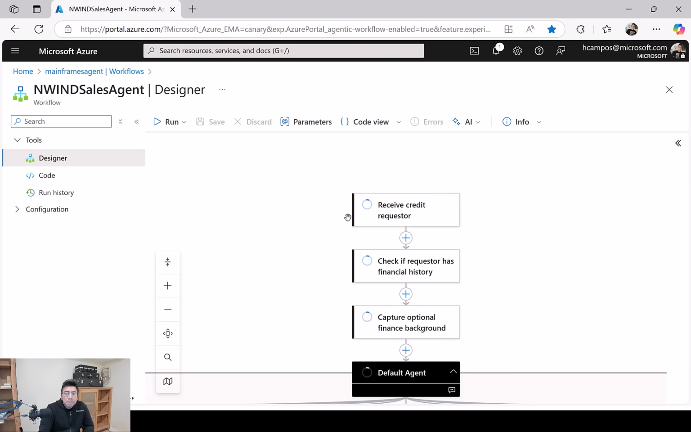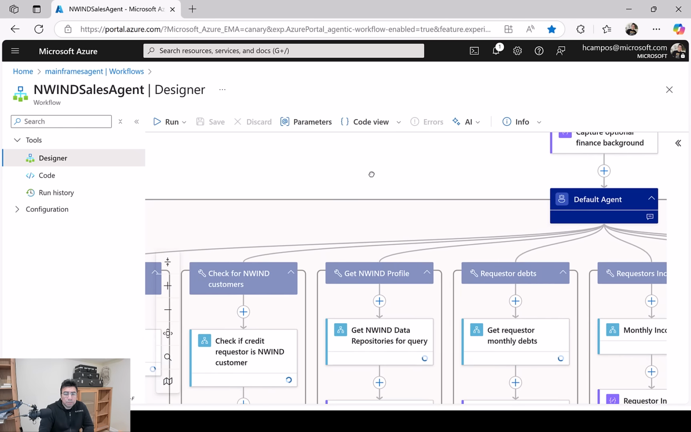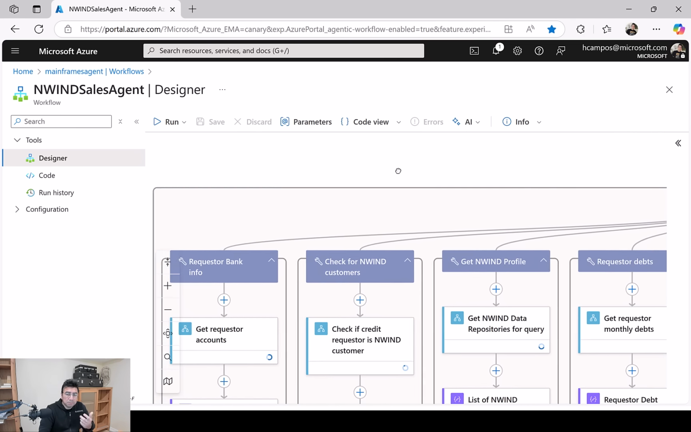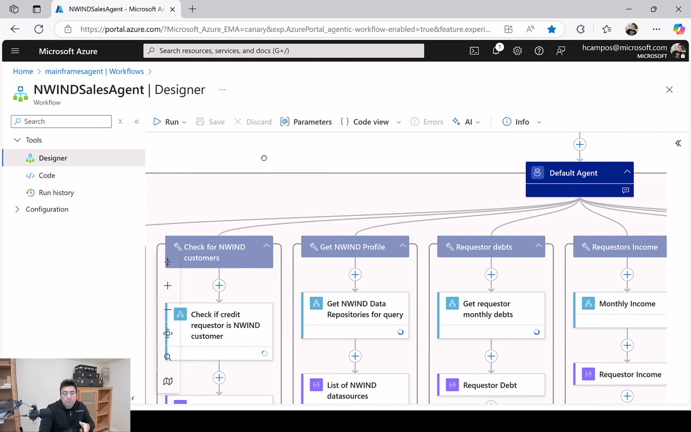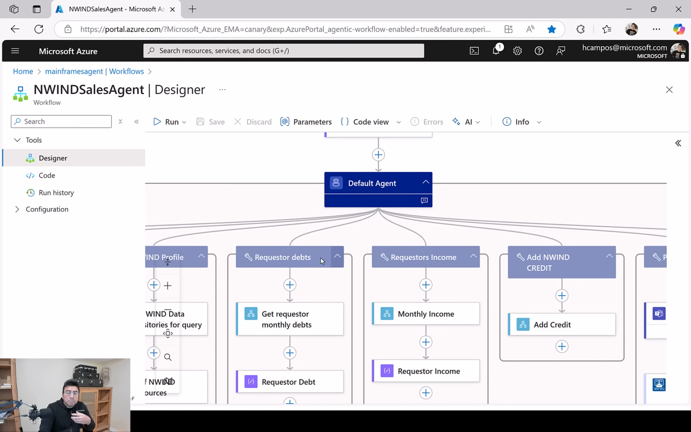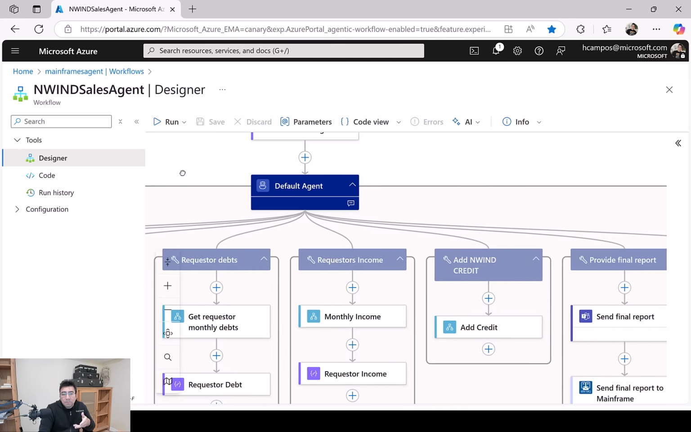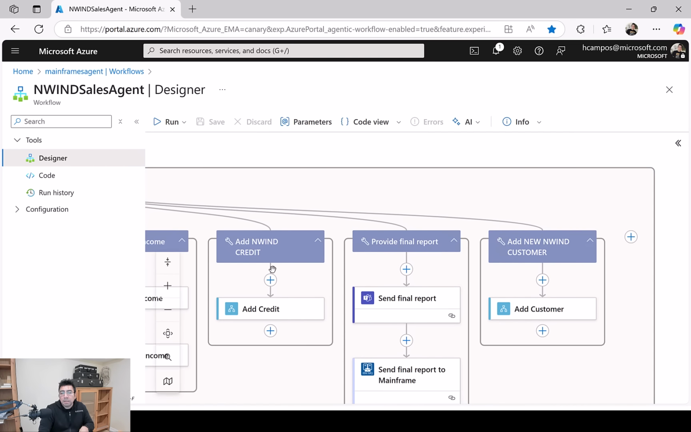And once I have captured some basic financial background information, then what I do is I follow the entire process that I explained in the slides a few minutes ago. Request bank info, check for Norwind customers, get the profile if they are a Norwind customer, capture the debts for this individual, get their income for this individual, and then I have finally the tool that will be adding a Norwind credit to DB2 on a customer if this is not an existing customer only,